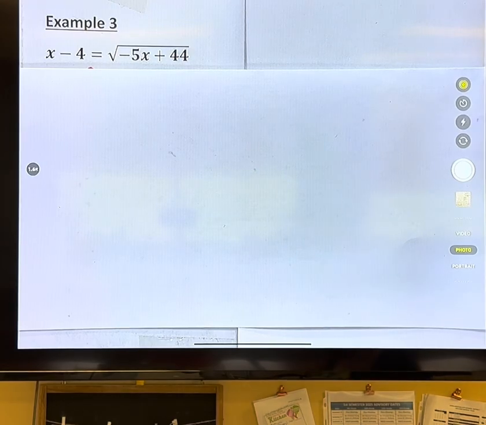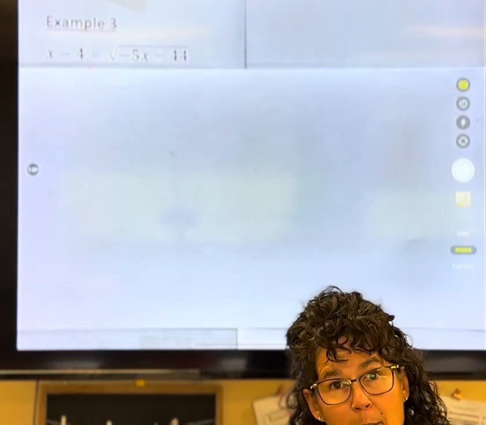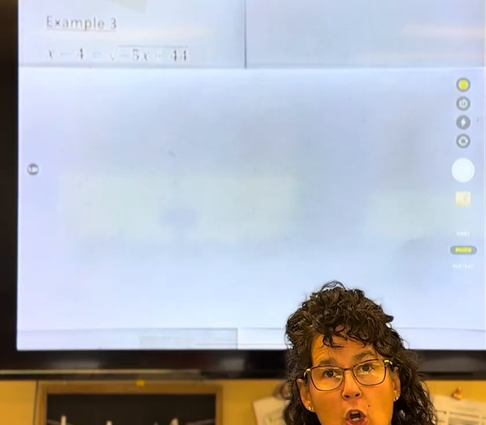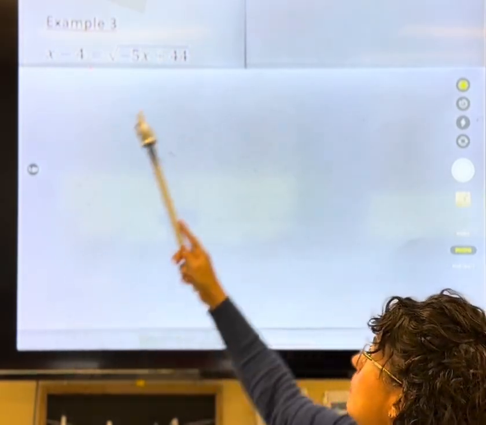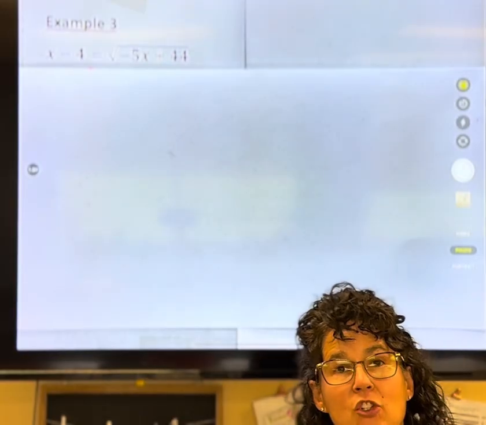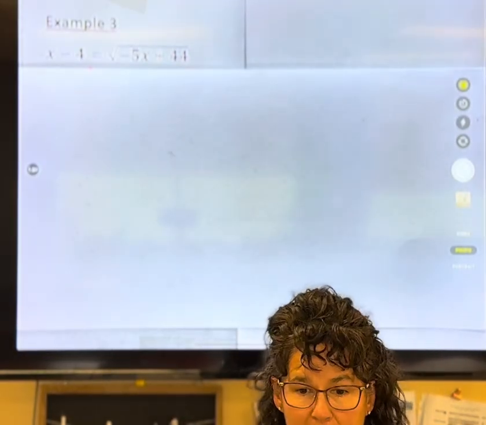When solving an equation that contains a square root, step one is to get the square root alone on one side. In this case, the square root has already been moved to one side by itself. So the next thing I want to do is square both sides. In squaring both sides,